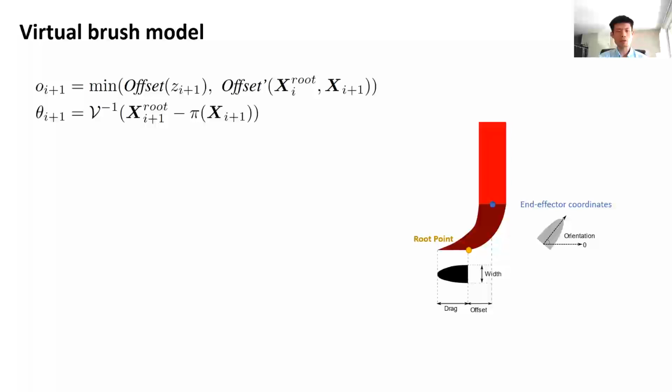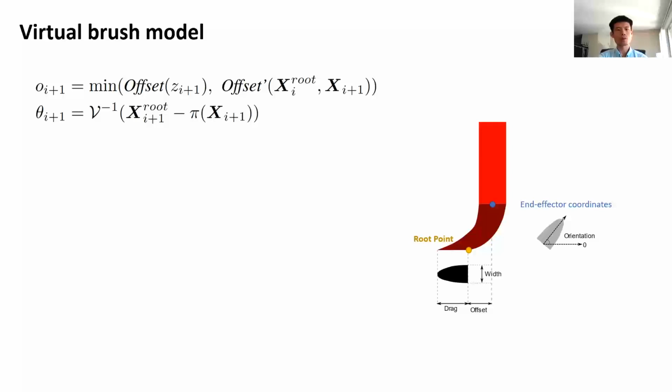If this distance is smaller than the maximum possible offset, we assume that the friction and surface tension play the dominant role, and so the tip will keep still. However, if this distance is larger than the maximum possible offset, then the tip must have moved. However, under the influence of friction and surface tension, the tip will try to move as little as possible. And so in that case, the new offset parameters will be set as the maximum possible offset parameter. And the updated root point will stay at the line between the old root point and the new end effector coordinates to minimize the moving distance.